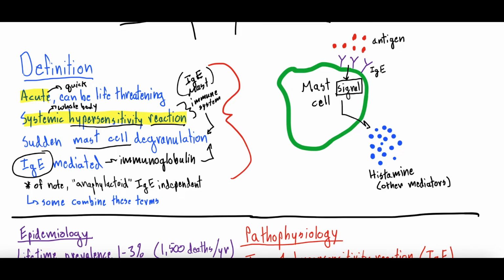All right. Of note, and we put this down here, we're not going to get into this portion too much, but there's a very similar type of reaction called an anaphylactoid reaction, right? Anaphylaxis versus anaphylactoid. An anaphylactoid is actually IgE independent, meaning it doesn't have the same mechanism that requires IgE as anaphylaxis. Now, in more recent days, some combine these terms, anaphylaxis and anaphylactoid, because the treatment is similar. But for the strictest definitions, many would say anaphylaxis and anaphylactoid are different reactions, and we're going to focus specifically